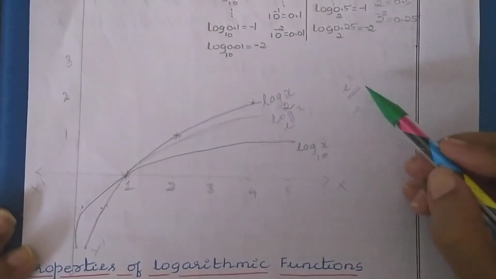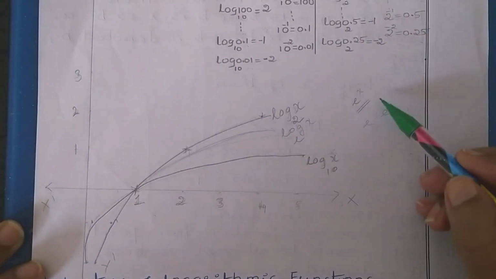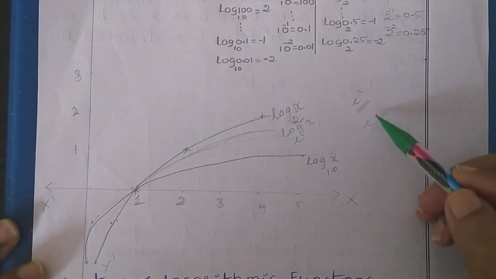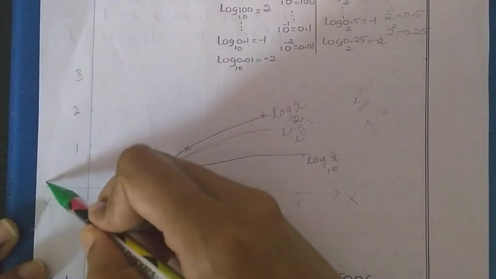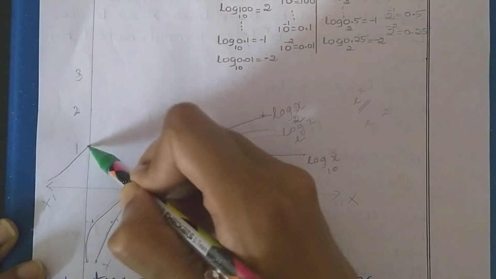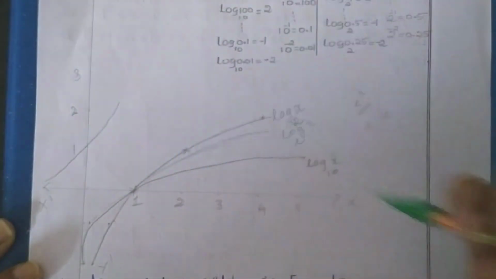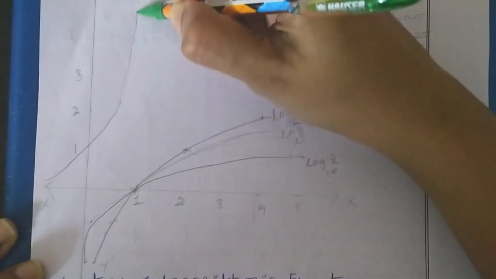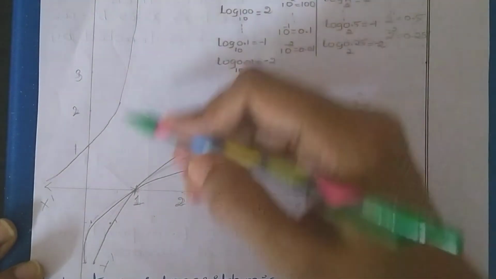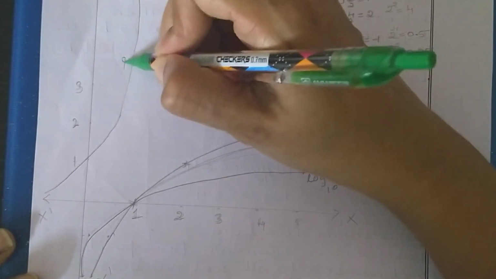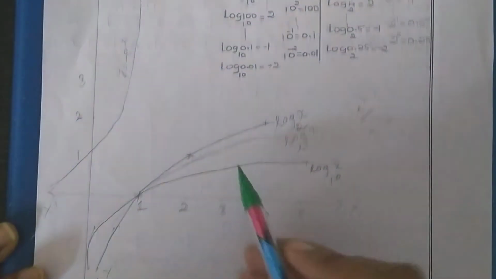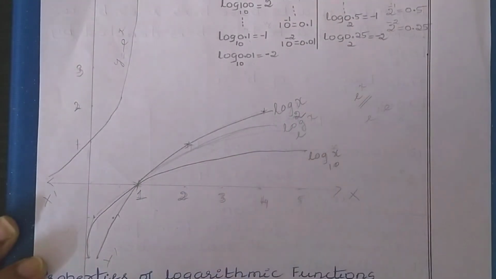And also, in the last video we studied the exponential function, and we discussed that the graph of the exponential function will be like this. It's an ever increasing graph, so it comes near to the x-axis. This is the graph of the exponential function, that is y equals e to the power x. And this is the graph of the logarithmic function.